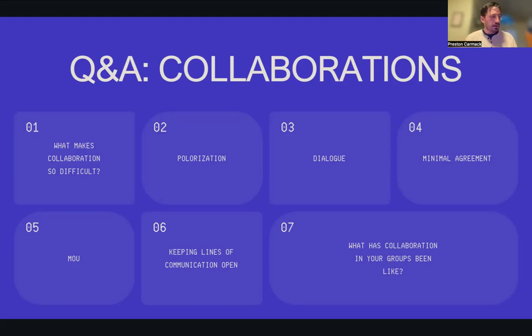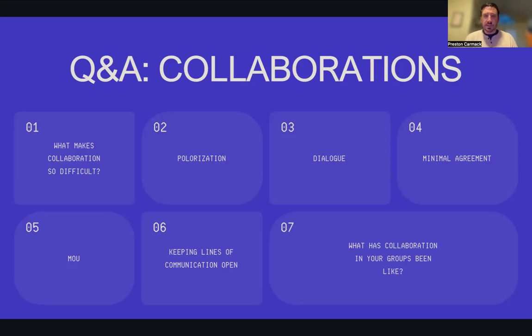In MOU, these are just some notes here about collaborations. This is a memorandum of understanding. I don't know if you've worked with one of these before, but it's important when you're working with another organization, and it will be important in a grant process if you're collaborating with another organization that's not writing the grant or not a co-applicant of the grant, especially. But even with a co-applicant, you may want this. A memorandum of understanding outlines the nature of the agreement that you have with that organization, what they're contributing, what you're contributing, and it spells out the whole process. It defines the nature of the relationship, and that's really important.